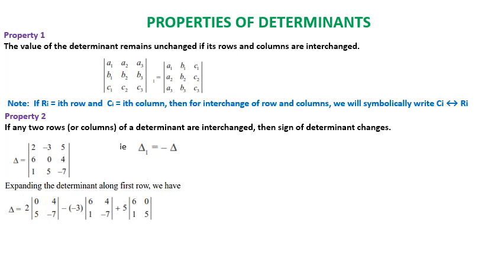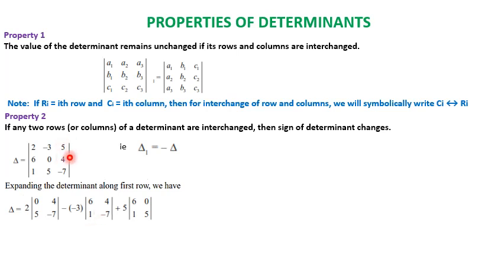The next, we are taking this minus 3 and here the sign of that particular term is minus, because a12 is the element, 1 plus 2 is 3, 3 is odd. Since it is odd, we have to put a negative sign minus, and the element is minus 3. Minus of minus 3 into that row and column is gone and the balance is 6 4 1 minus 7. That is what it is here.